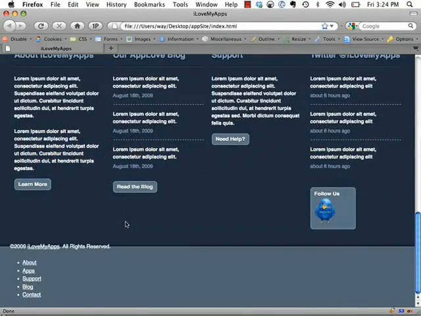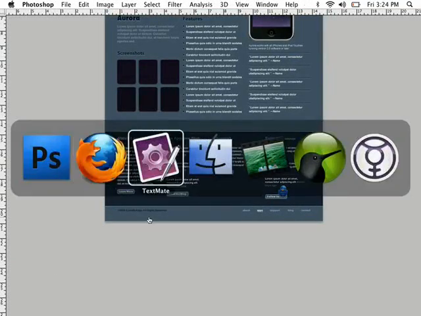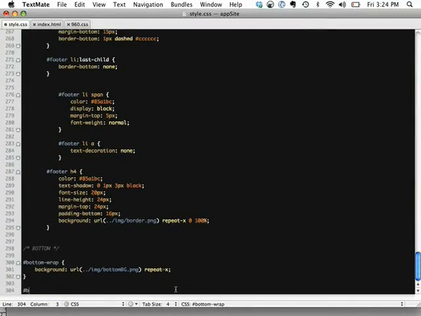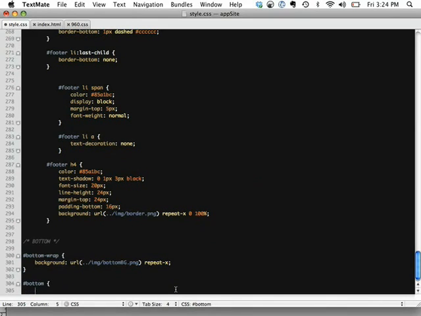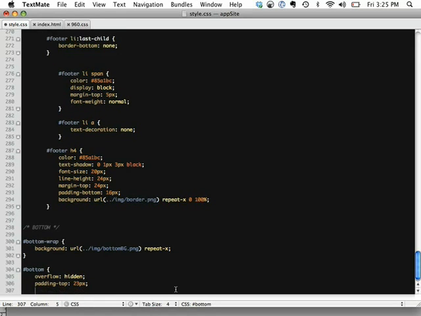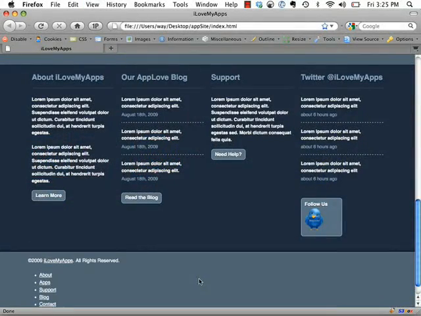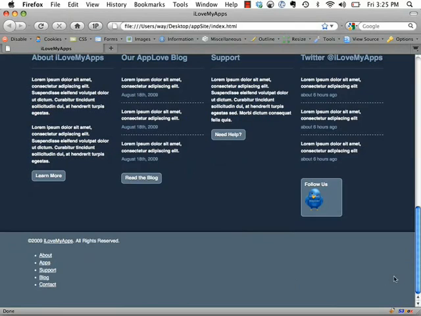And we will do bottom, and we're going to do overflow hidden because we're going to be floating some things once again. You will be so tired of my voice by the time this is over. 30 pixels, and that's just giving it some breathing room at the bottom. You can see that. All right. So continuing on, we're going to do bottom wrap, bottom,